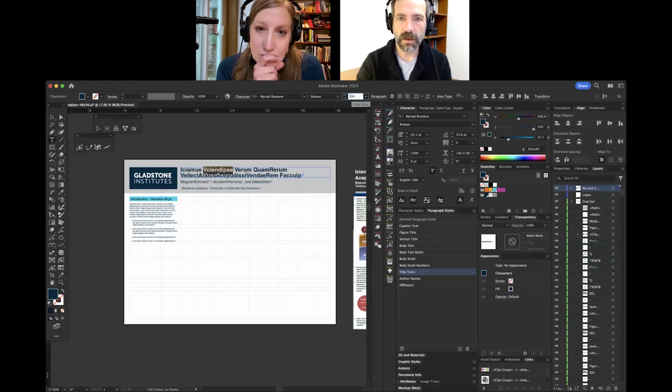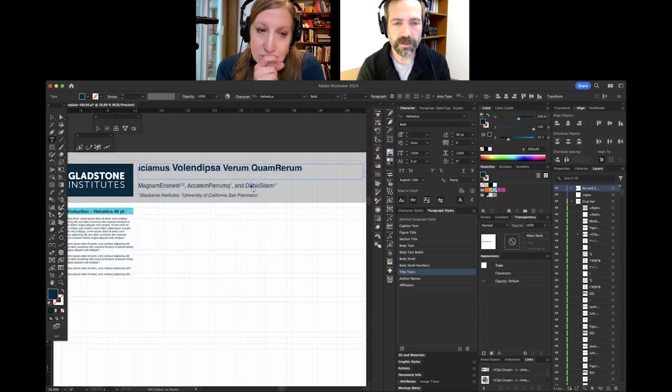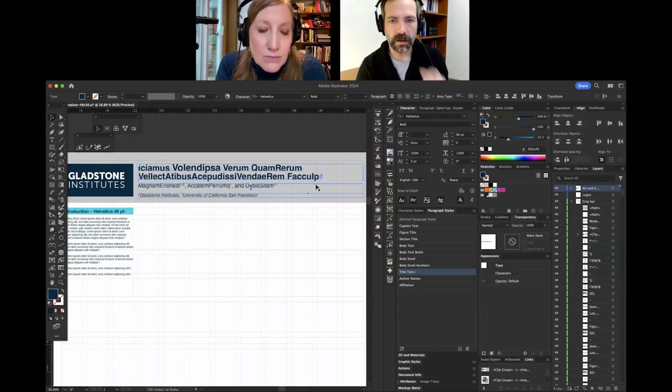Say I want it to be 100 points. Say I also want it to be, oh, this is a nice little feature. When you're using the object select tool, I can click on that and get it, the object select tool in my tool palette. I can see here these little handles that are in this text box. I'm going to double click on that and it'll automatically jump to open the frame large enough so I can see